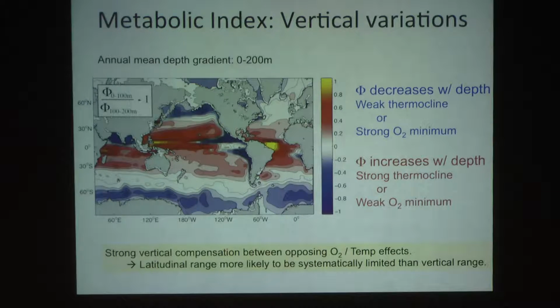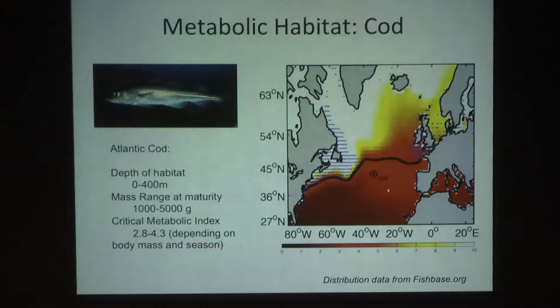So this gives us a mixed picture for whether we would find the metabolic index to explain vertical range limits. And I'm just going to set that aside for now. Okay, so